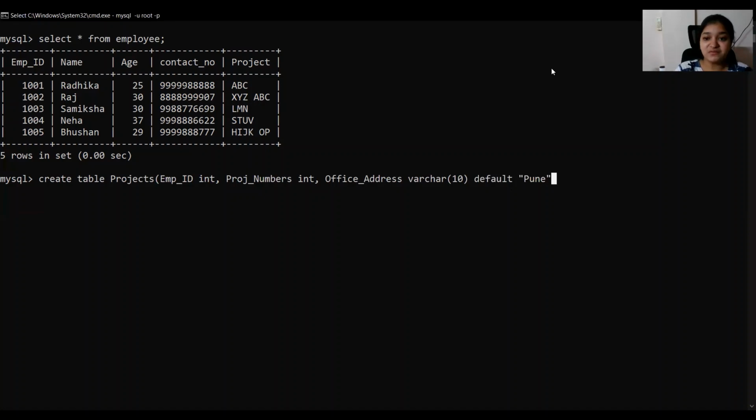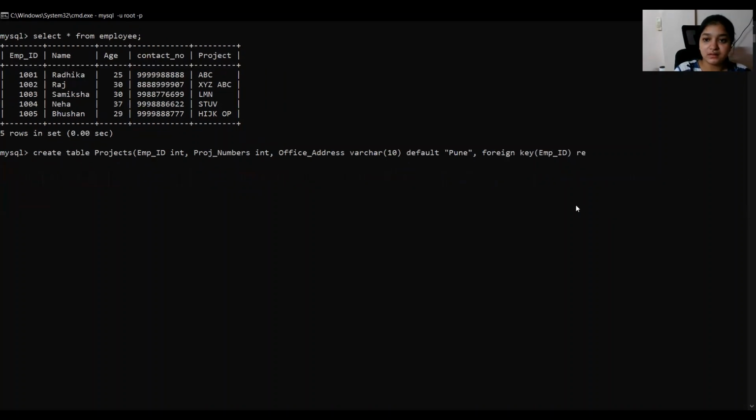And now we'll specify that this is done, and now we'll specify that employee ID here is foreign key, which references the employee ID from employee table. So now we'll write foreign key, which is employee ID.